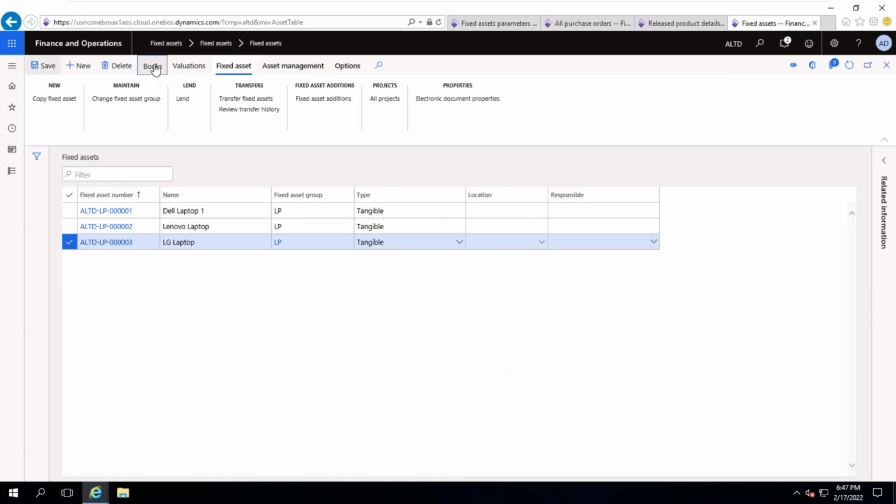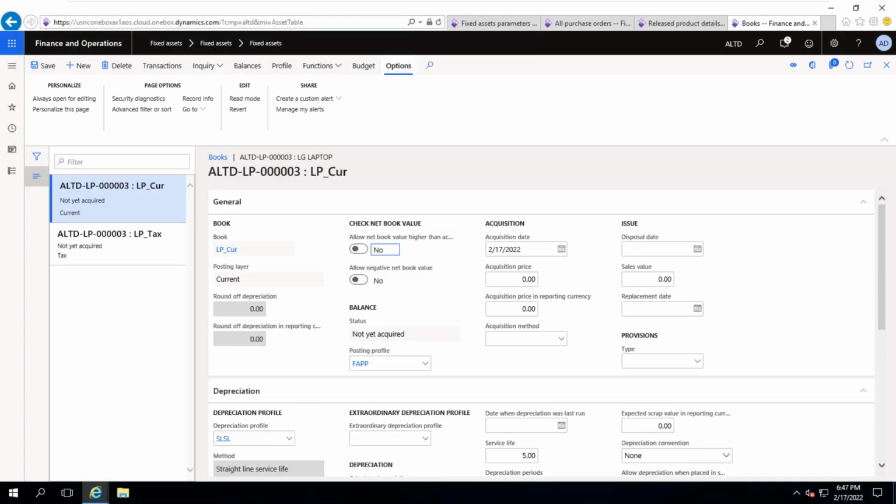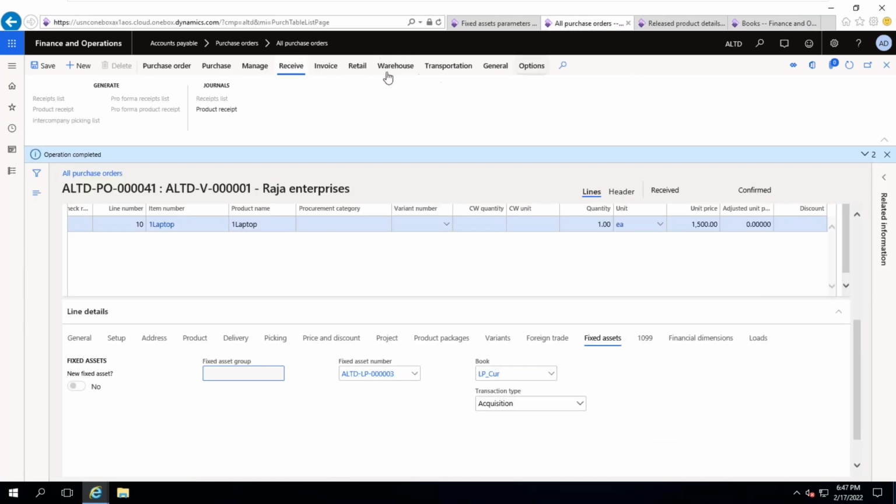And if you go to books, it is not yet acquired. If you look at this one, it is not yet acquired because it is still not completed. It is not yet acquired. Now I'm doing invoice. Okay, so